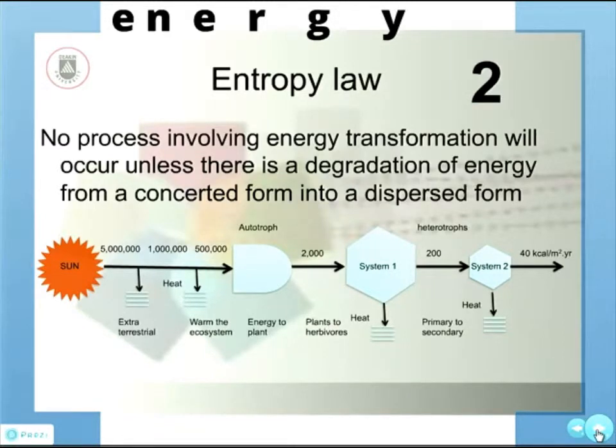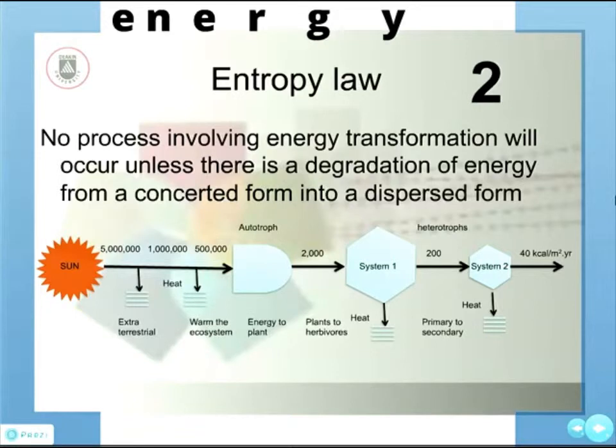But there is a lot of research on making that better. I'm just giving you an example of one system. But think of everything you do, and you find that we are using a lot of systems that are not efficient at all. But this is the natural system here in front of you. So the sun, you can think, is giving us about 5 million kilocalorie per meter square per year. I just jumped from how much the sun produced to the end, where we end up with something like 40 kilocalorie per meter square per year.